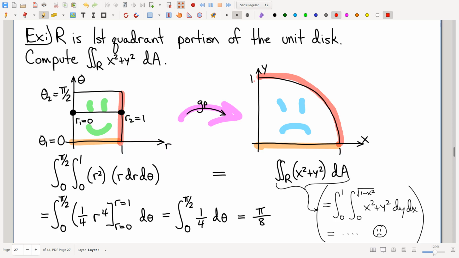And you kind of keep going around. Let's see here. This edge there. Okay, theta is pi over 2. r goes from 0 to 1. Okay, so that's that right there. And then let's see here. Lastly,